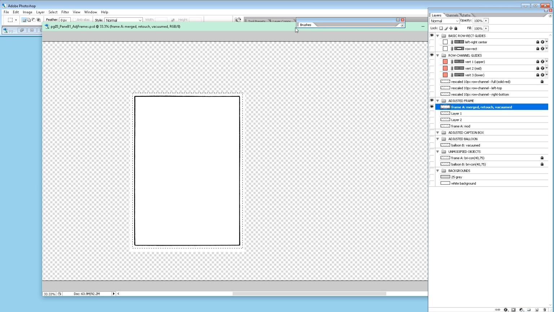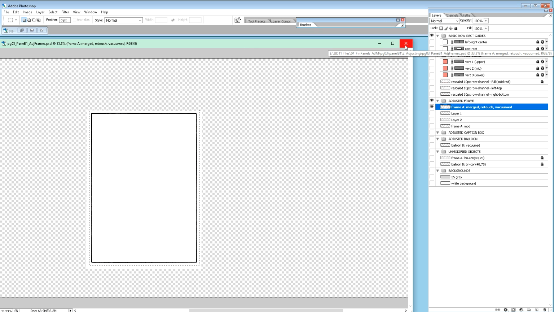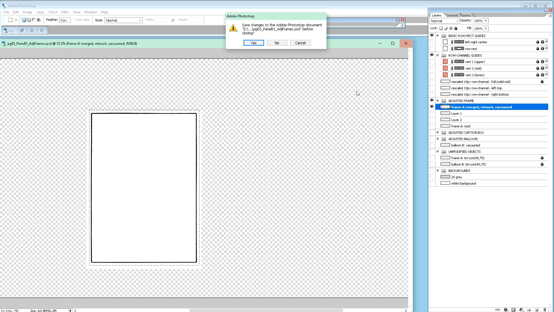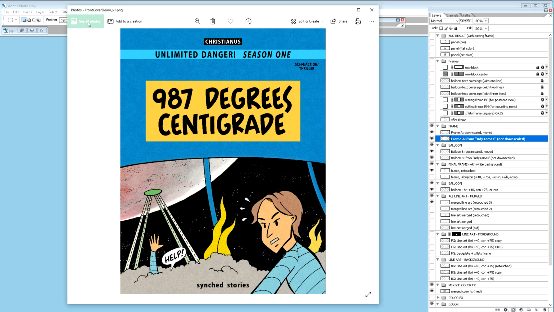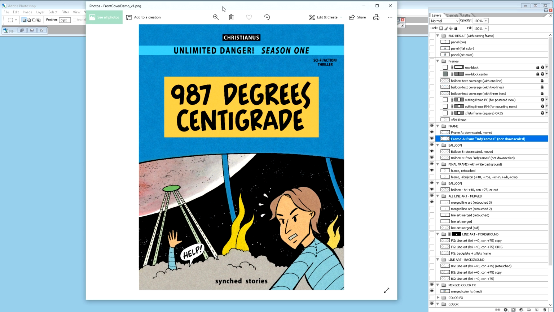Okay, so now we can adjusting frames we want to save. So this was all I had to do for this